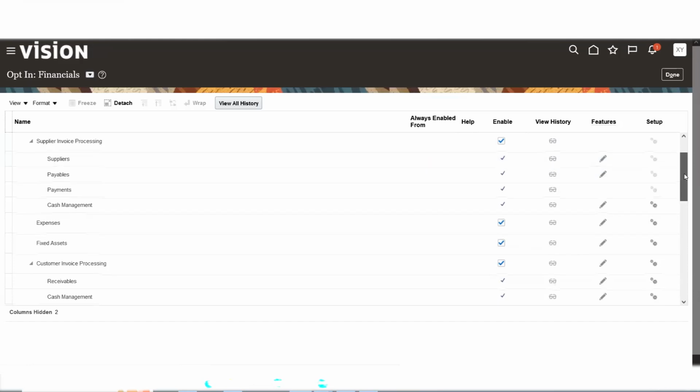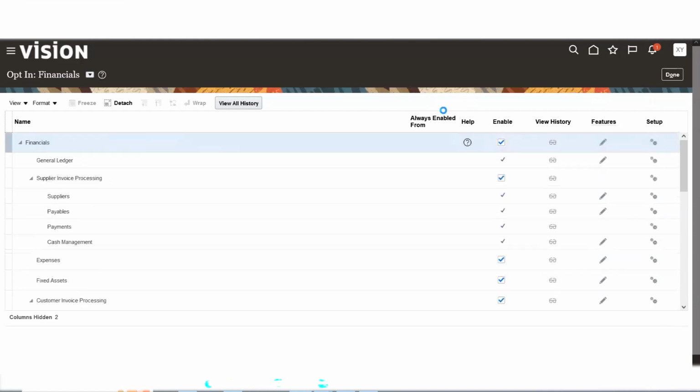If you find something is missing, something you are not able to perform, then you can go to the features related, click on the edit icon. It will take us to the page where you can enable what else you want to use along with what is directly available. Okay. So for financials, you can click on features. It will display there. You may enable anything else you require. That's it. I'm just clicking on edit